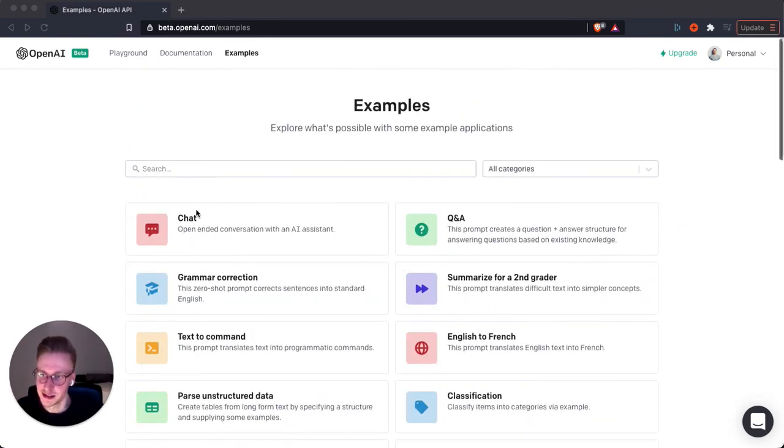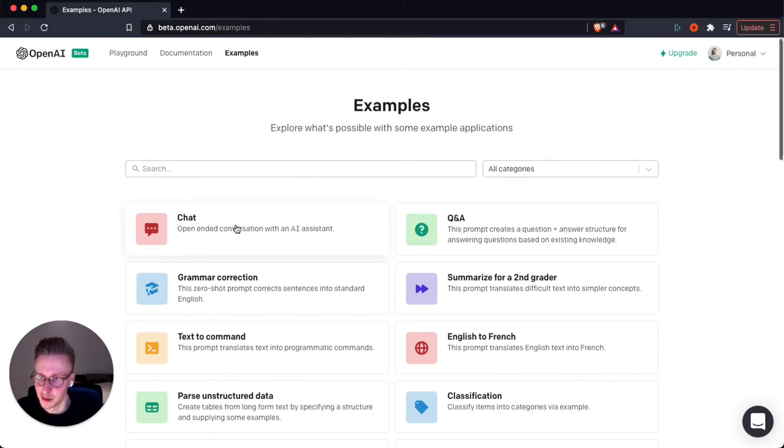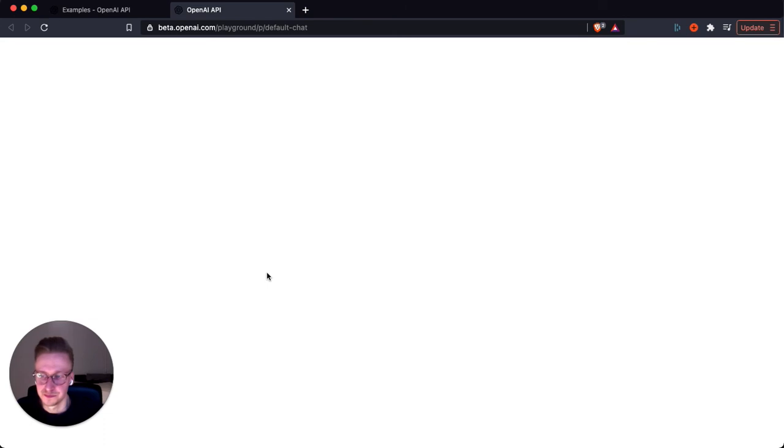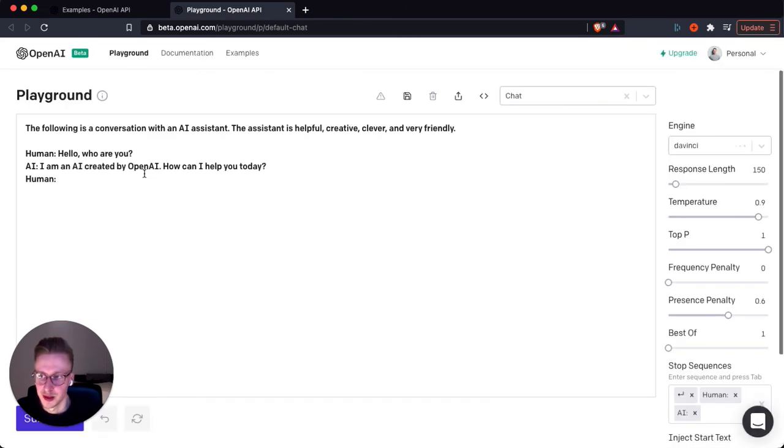As you can see here, we would try the chat example for now. You can put a task description into the model: the following is a conversation with an AI assistant. The AI assistant is helpful, creative, clever, in a friendly way. And you can put in some few-shot examples here. Let's try to change the task description.